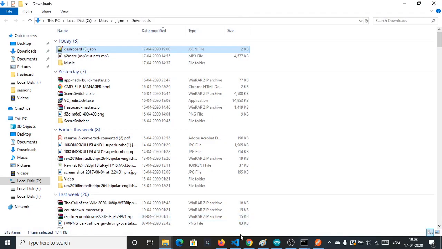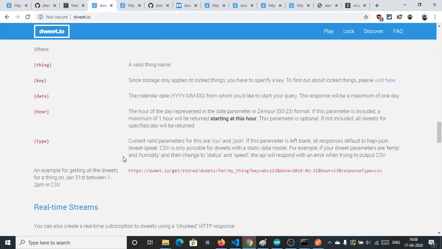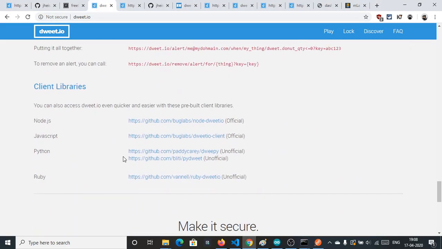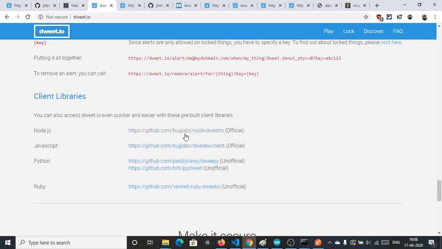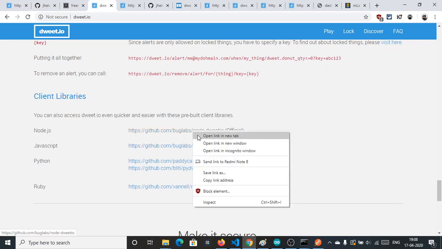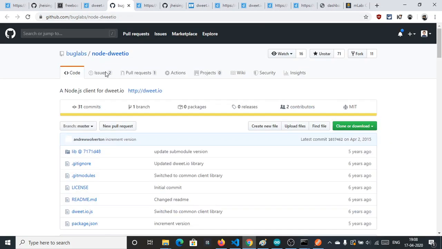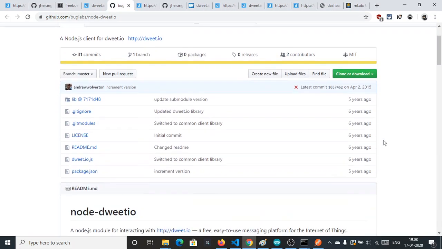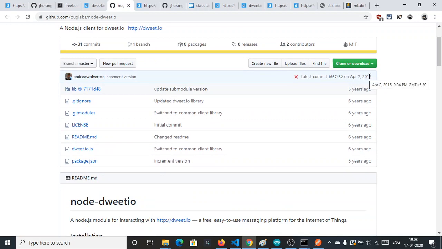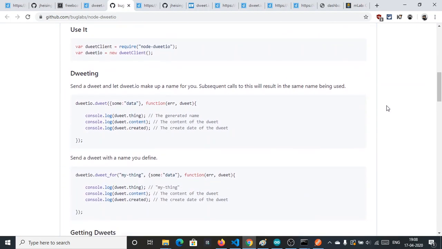using the libraries, using these libraries which I have used in Node.js. We will directly jump to our Node.js now and check how I created the dashboard. And this is the API which I have used here. 71 stars already, and its last updated is 2015, but it's working fine, currently fine now.